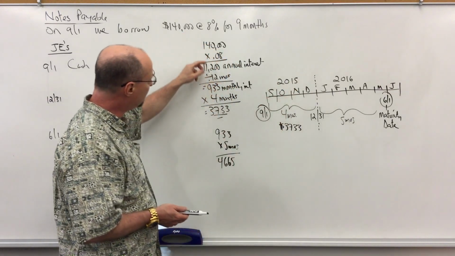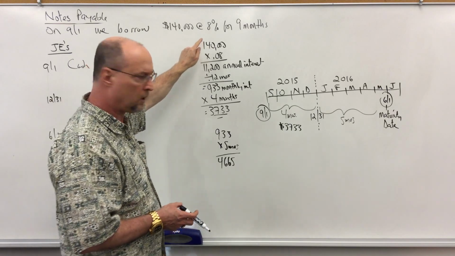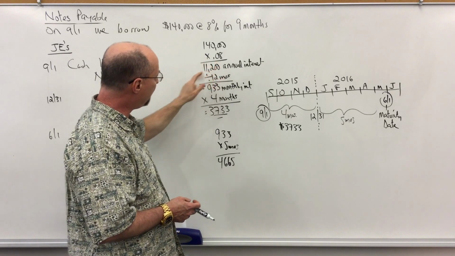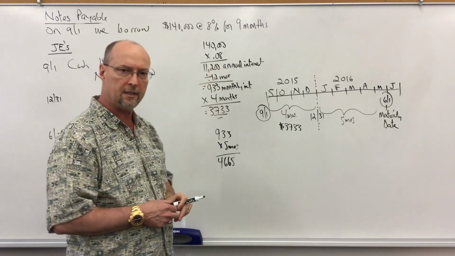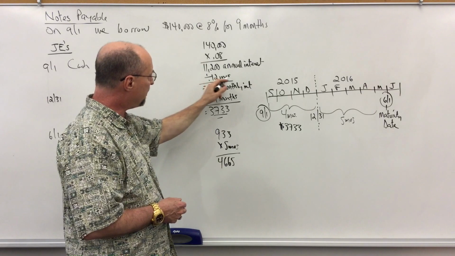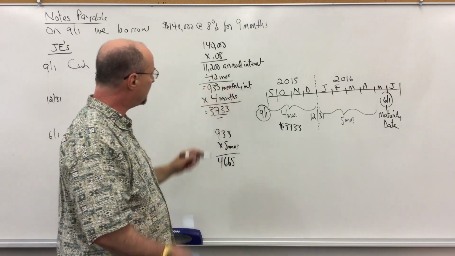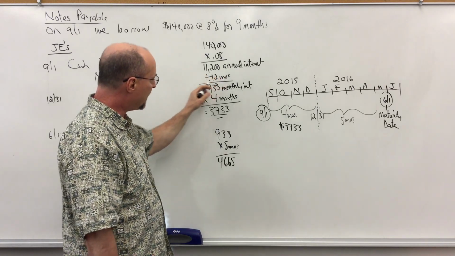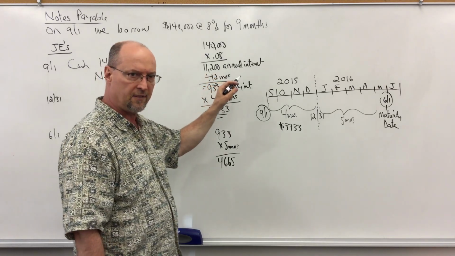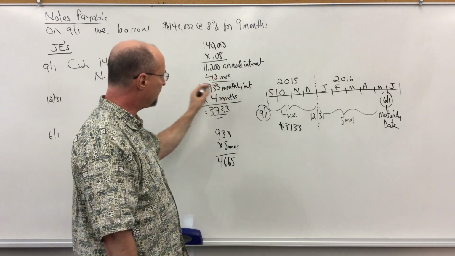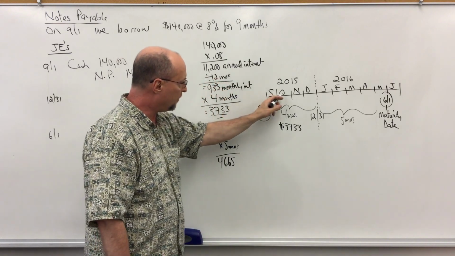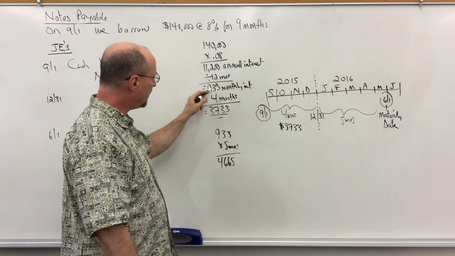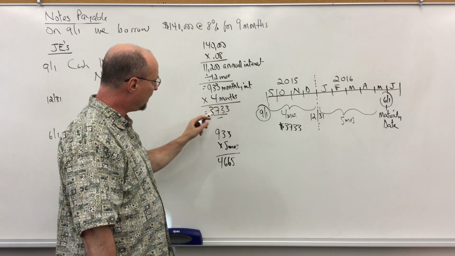So our interest calculation, the loan principal, $140,000, times an annual interest rate of 8%, gives us $11,200 of annual interest. Let's divide that by 12 months and we get $933 of monthly interest. And by the way, we could have divided this by 360 days or 365 days to get daily interest, but we'll use monthly interest. And then again, September, October, November, December, 4 months interest have gone by. So $933 monthly interest times 4 months equals